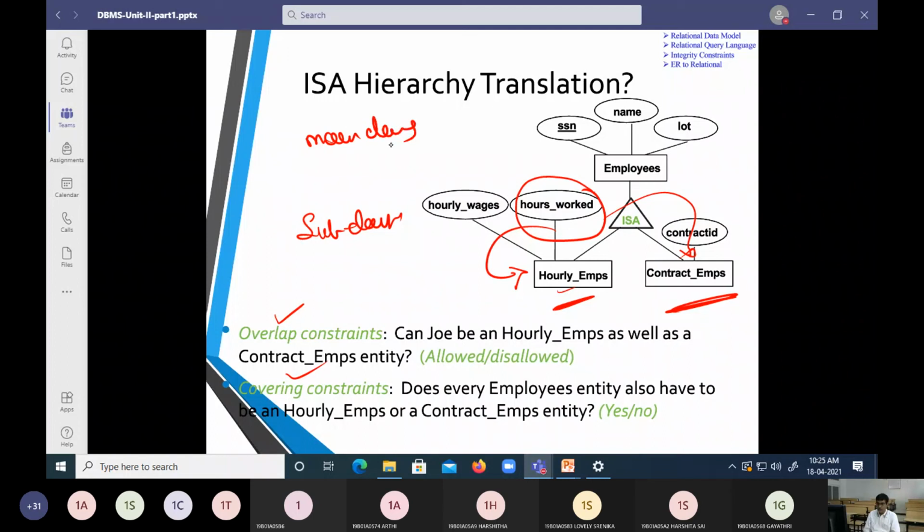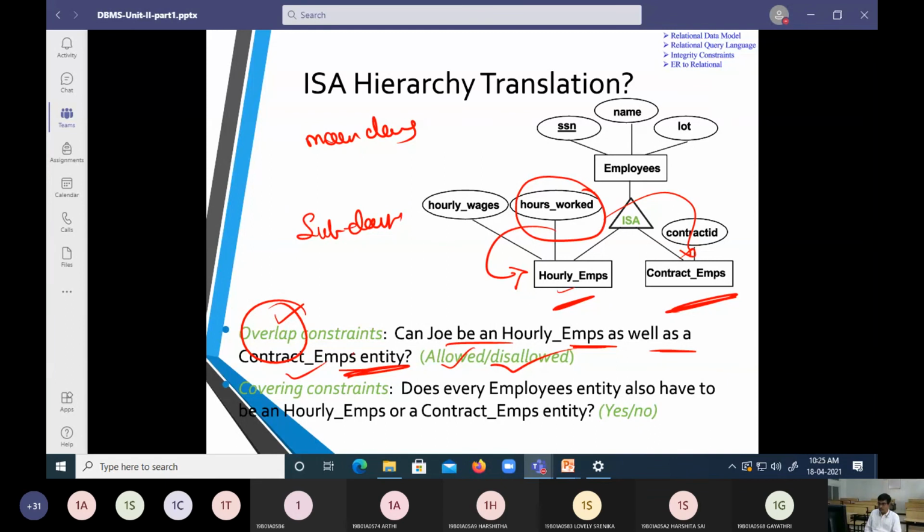So when it is called an overlapping constraint, now you can see, can Joe be an hourly employee as well as a contract employee, whether it is to be allowed or disallowed. We are going to call that an overlapping constraint.